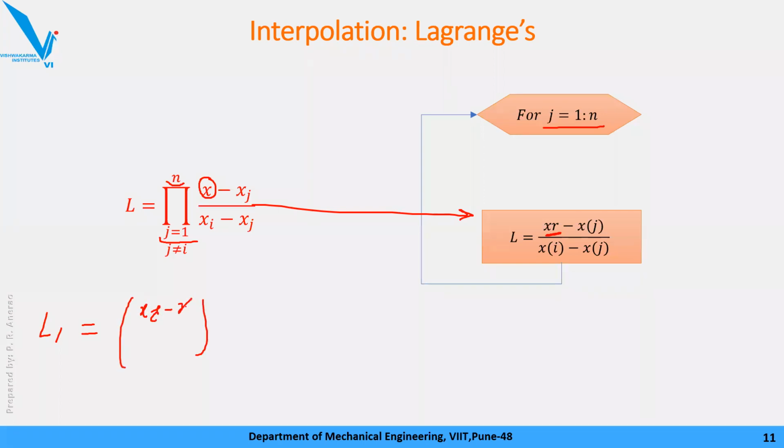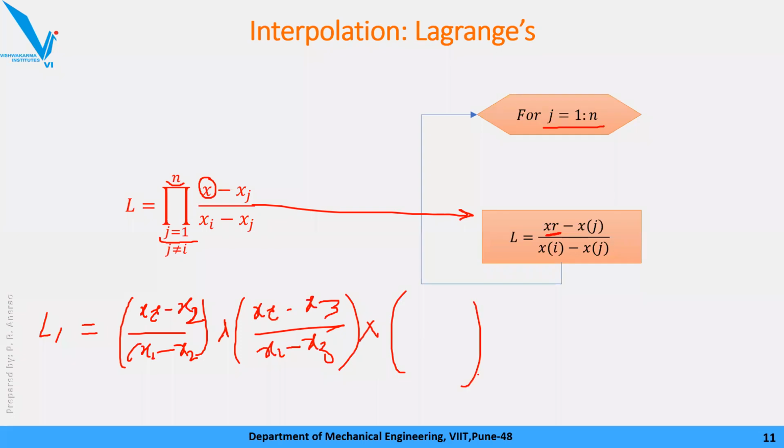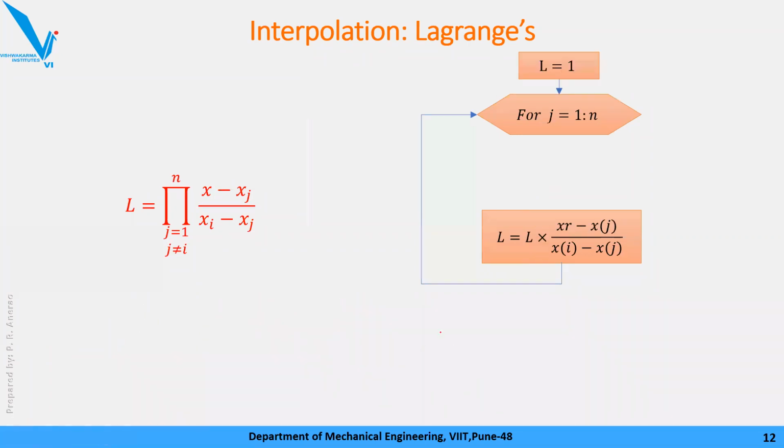Now what I need, actual L, for example L1 calculate कर रहे हो, तो L1 क्या होता है, (xr minus x2) divided by (x1 minus x2) into next term (xr minus x3) divided by (x1 minus x3) into, so multiplication term है, और अब भी हमने देखा था multiplication में करना है आपको, तो क्या करेंगे, इसको multiply with L, and before this loop start assign L equal to 1, ठीक है। कर दिया हमने, multiplication कर दिया, L which will store the previous multiplication, ठीक है।